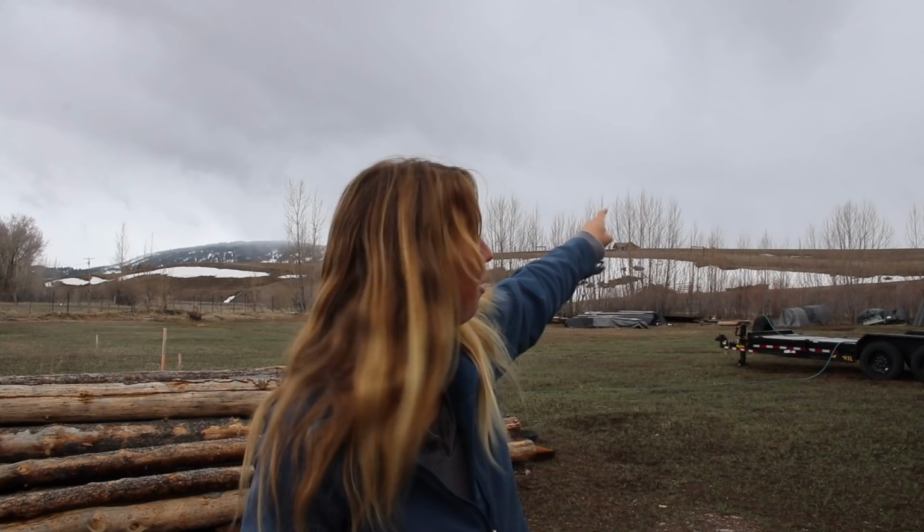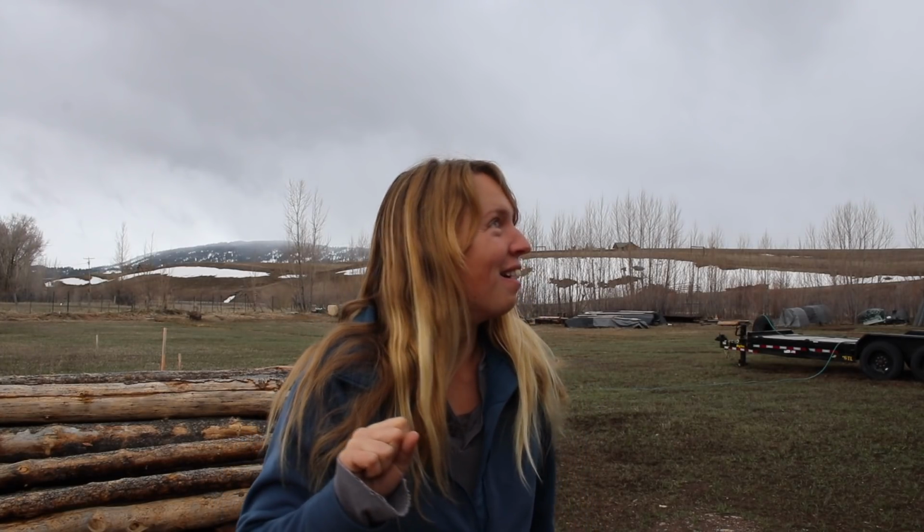As you can probably tell from those dark gray clouds over there, I think it's going to be either raining or snowing again here in a minute. It was raining on me earlier. It actually poured for a little while, and now I see raindrops coming down, so I don't know if I'll get this video done before it's too wet to have the camera out here. I hear it starting on the shop roof behind me. Anyway,